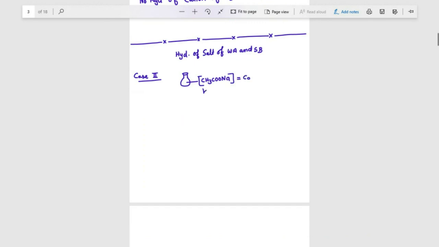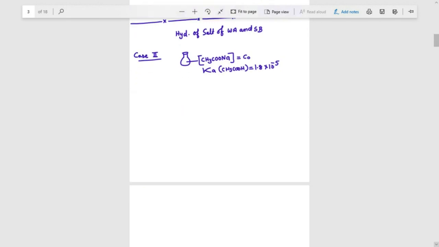The dissociation constant of acetic acid is given. So Ka for CH3COOH is given, that is equal to 1.8 into 10 to the power minus 5. And now we have to discuss what are the concentrations of different chemical species, or what is the pH of the solution, or how the degree of dissociation will depend on dilution and all these factors. So here when we are saying that this salt is reacting with water, let us write the reaction first.